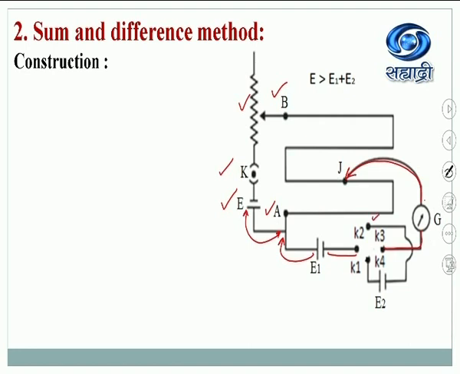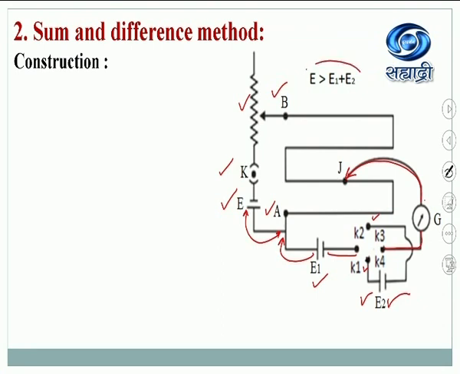Now what remained? These two screws remain. How are they connected? They are connected to the battery having EMF E2. We can connect by any means. Either you can connect positive here and negative here as shown in the figure, or vice versa, negative here and positive here, that doesn't matter. But with this circuit, how is it used? To compare the EMFs of the two cells, that is, these EMFs we want to compare by using this method, the sum and difference method.